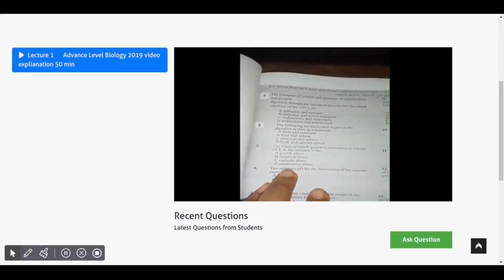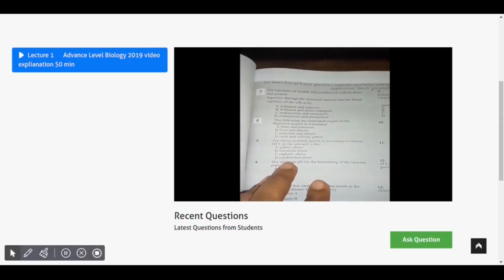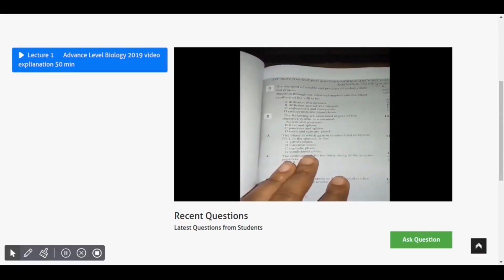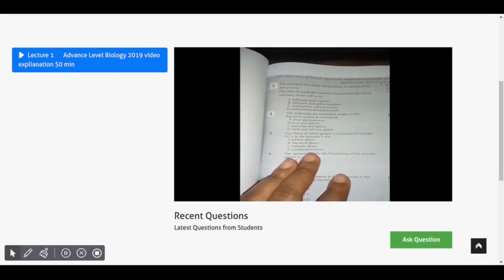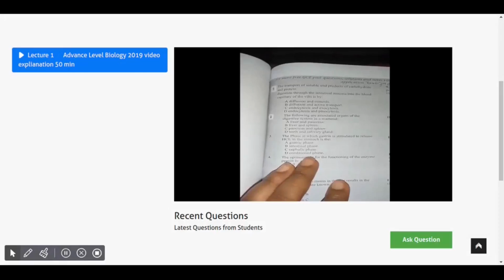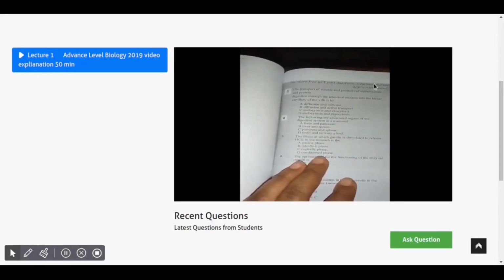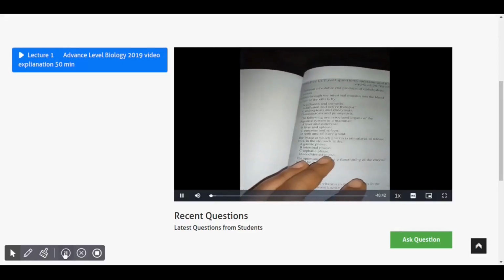What are soluble end products of carbohydrate and protein? Digestion through the intestinal mucosa into the blood capillary of the villi is by A. Diffusional osmosis, B. Diffusional active transport, C. Endocytosis and exocytosis, D. Endocytosis and pinocytosis. The correct answer here is